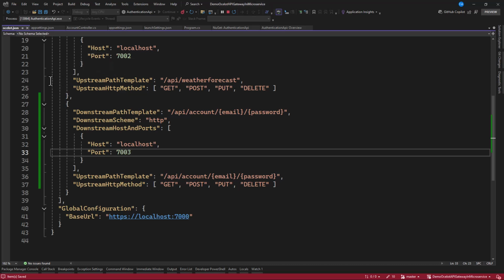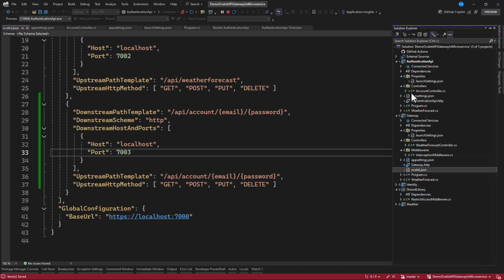So the last thing that you want to do here is create a middleware to intercept the request and now check if the user is authenticated. Now, if the user wants to register or log in, we don't want to check the authentication state of that user. But as soon as the user wants to access a weather forecast API or the user API, this user must be authenticated. So you can see in our project, we have 2 projects added. That's 2 API services added.